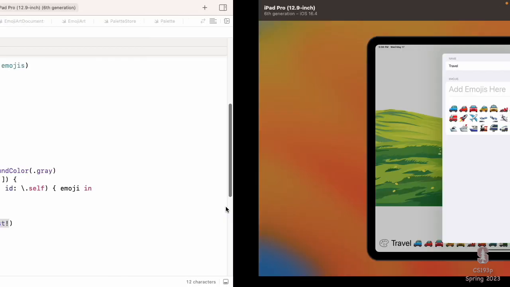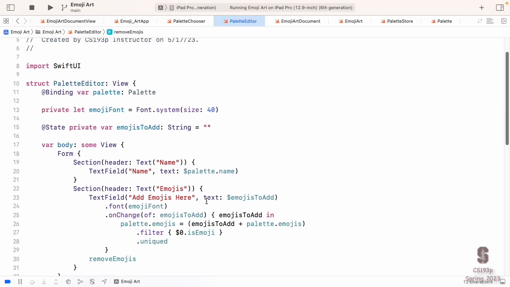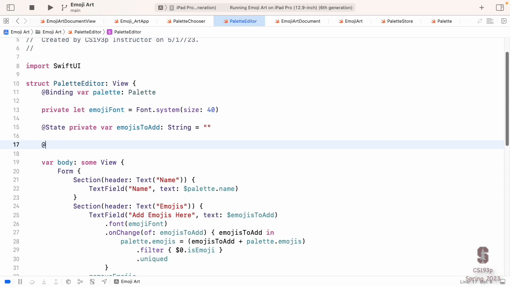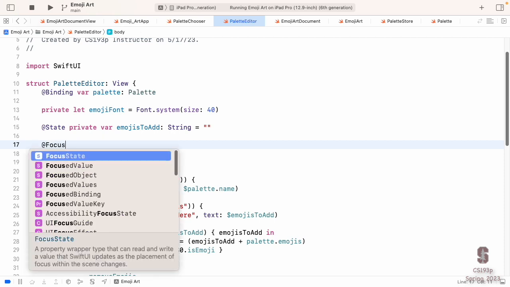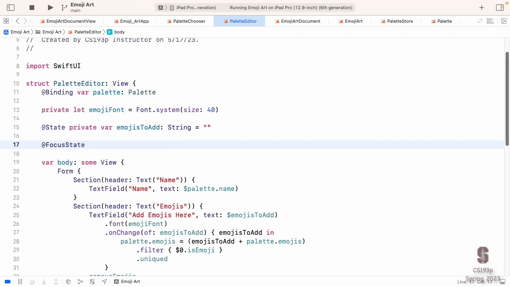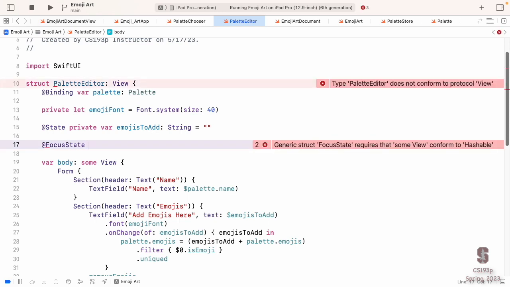And that's done with something called focus. And here's how it works. Kind of interesting. We're going to create a new kind of @ thing called @FocusState. And FocusState is a thing that's used to keep track of which of the text fields has the focus of the keyboard. So you make it a private var. Oftentimes this is a bool because you'll only have one text field and it's either focused or not.